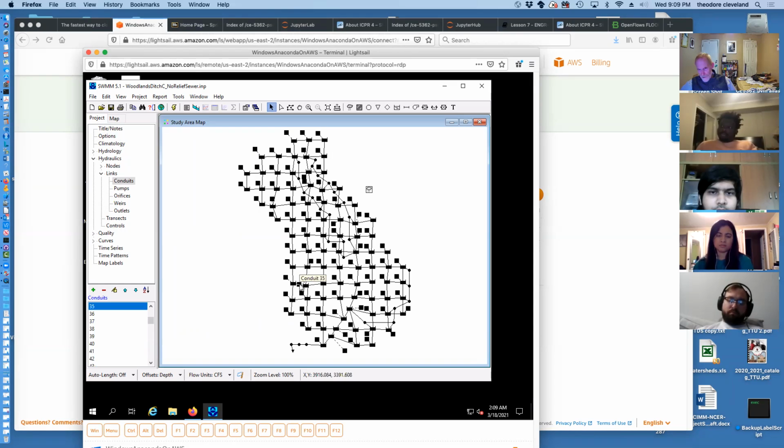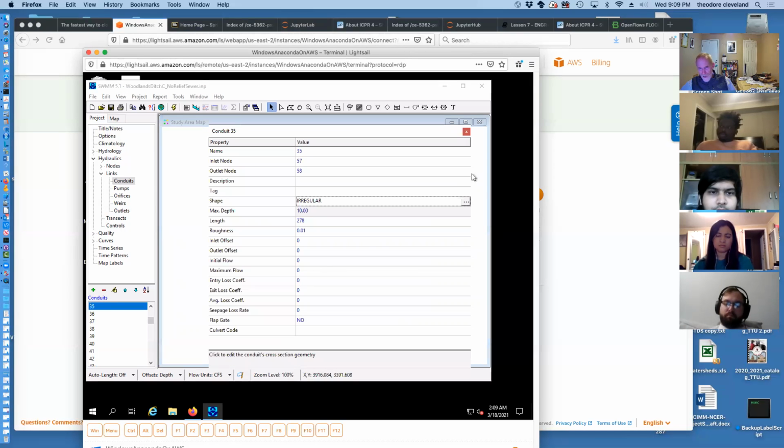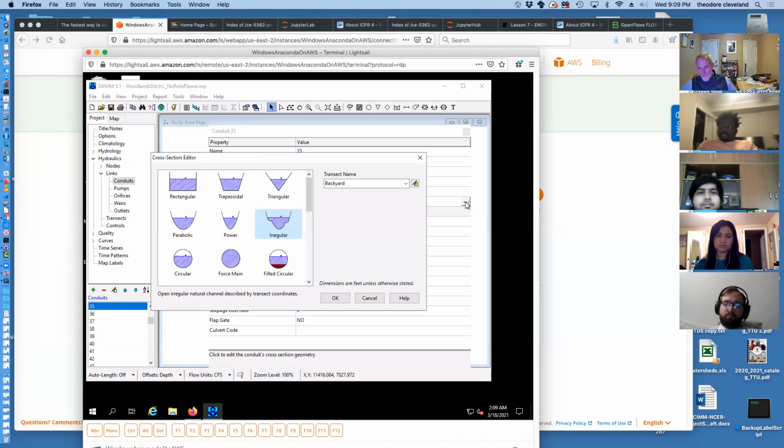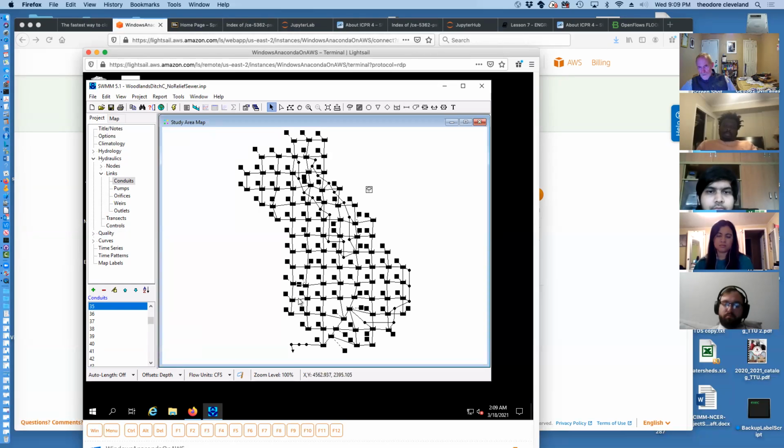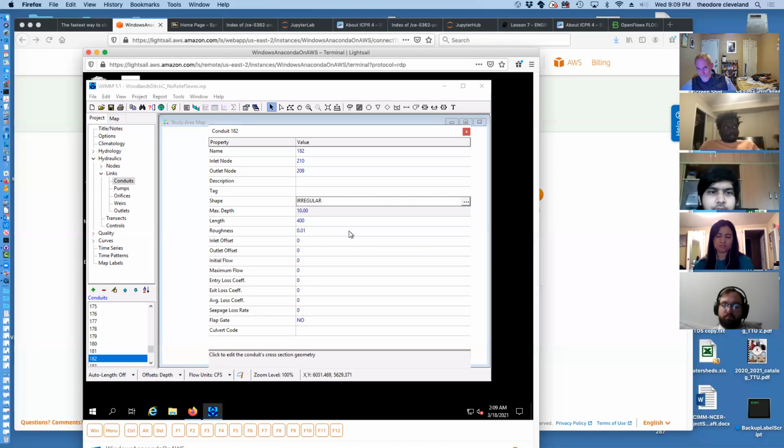So if we look at this other connection, conduit 35 is the same kind of cross section. So we've examined the storage, we've examined a conduit. Let's go to this funny looking object right here. Actually, I want to go up to this part, and that's an irregular section. It's now miraculously 400 feet long. If you recall from the